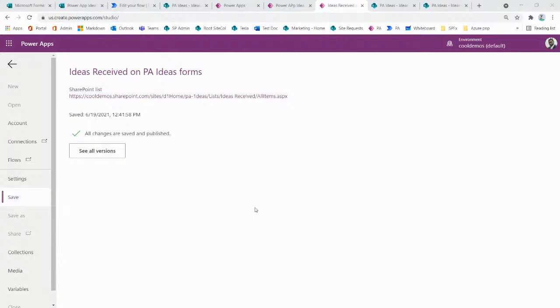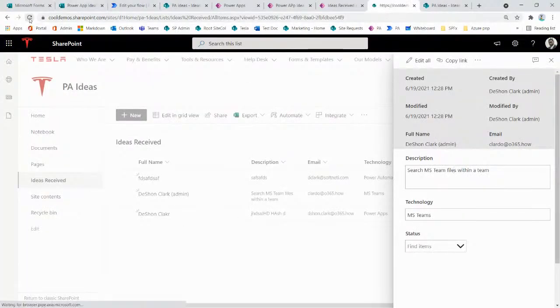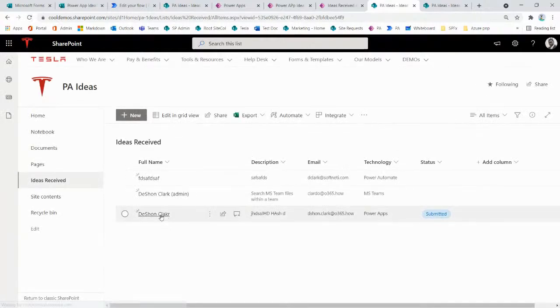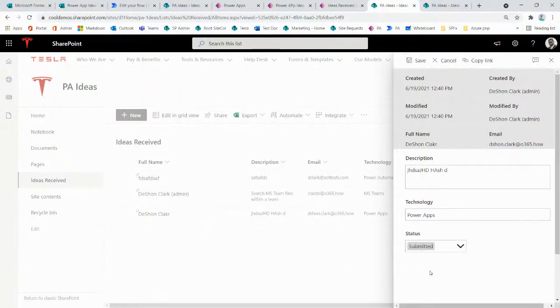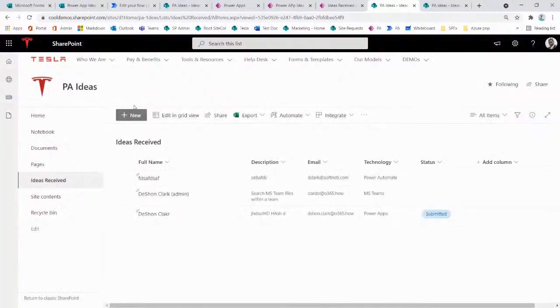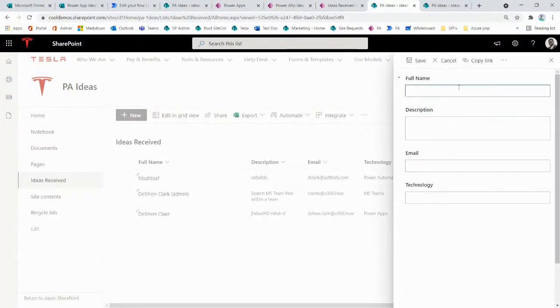All right, so here we got, so now we were here. Now if I hit refresh, this is what I was expecting. So you notice how I clicked on that item. I can't modify this. Then I go into edit. Now I can modify that. That's perfect. And if I go into new, all the created by, edited by, all the information is gone. I'm really focused on this information here. So this is exactly what you can do to